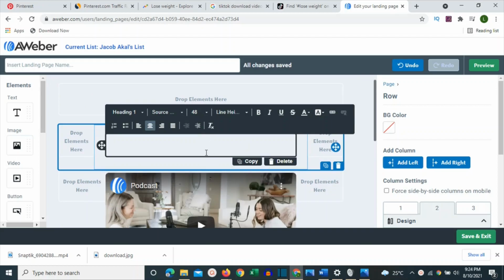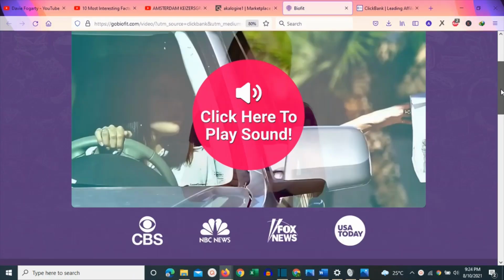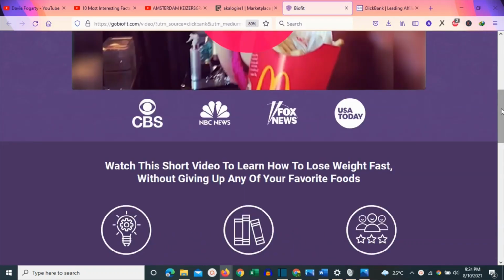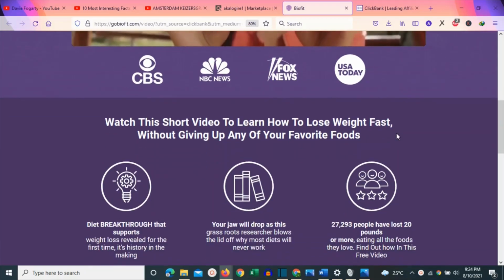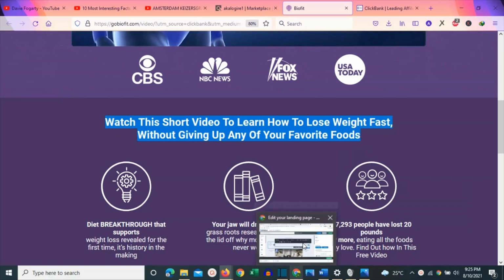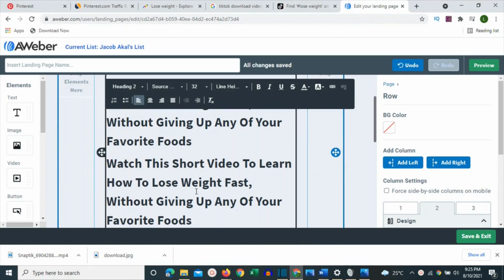Once you delete the text, you are now going to put your custom text here, which is your own text. So we are going to come back to the product landing page so that we can get good text to paste on your landing page. You can also use your own wisdom, or you can copy from the landing page of the product. So I'm going to copy the whole of this particular text. Once you highlight and copy, you are going to send it to your landing page. Once you send it to your landing page, you are going to paste your text here.